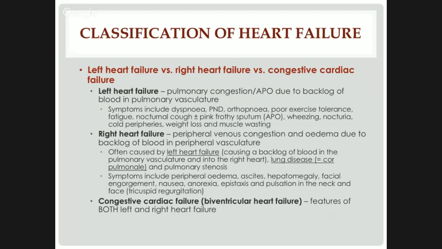So the 1,000 ways I was talking about of how to classify it. So left heart versus right heart versus congestive. This is the most commonly used method. Left heart, we're saying the left ventricle isn't pumping. If the left ventricle isn't pumping, you get a backlog of blood through the left atrium and into the lungs. Does that make sense? Because blood from the lungs comes into the left atrium and left ventricle. If the left ventricle can't pump that blood out, the blood pulls back. So you get blood pooling in your